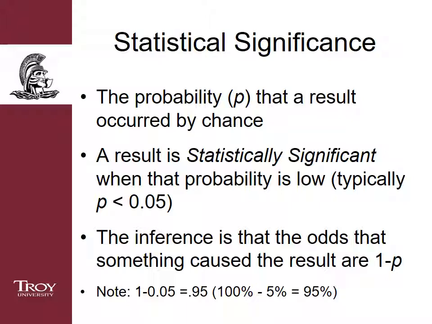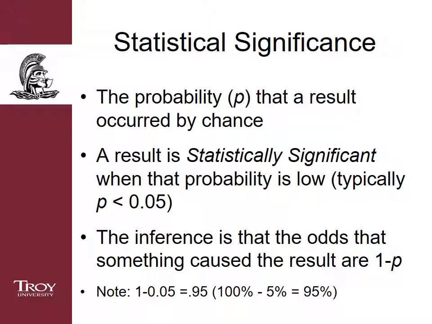Different results require different tests, but all of these tests produce a p-value, right? And when that value is lower than 5%, that's the odds that this just occurred randomly,